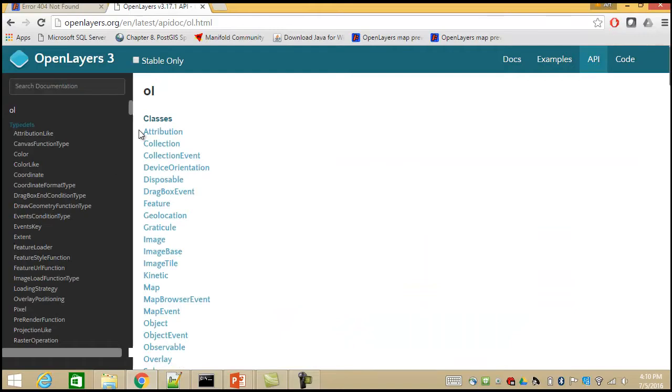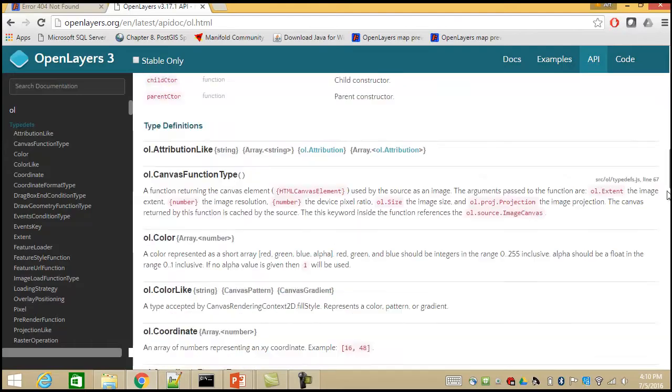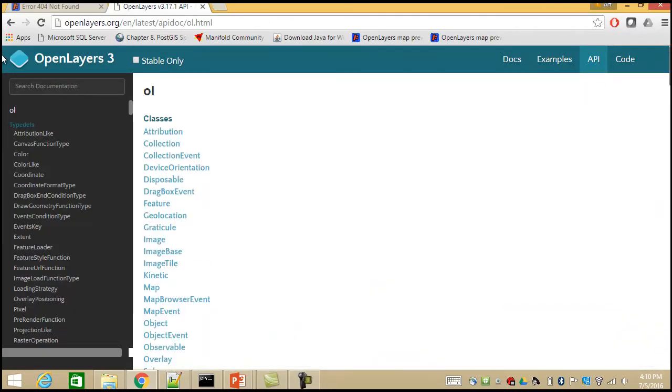And here is OL, which allows me to grab things like the map or like an object. So an Open Layers object, an Open Layers object event. You scroll down here, and Open Layers a source for something. So in here we can see all the different things you can do with OL. Let's go back again to